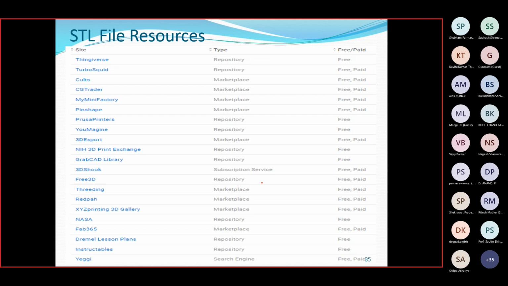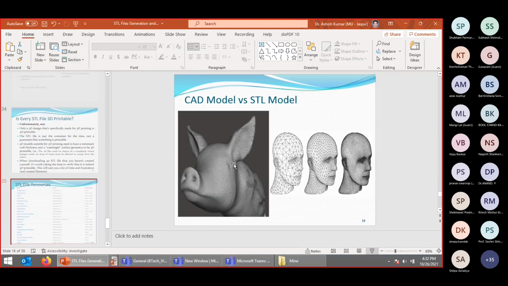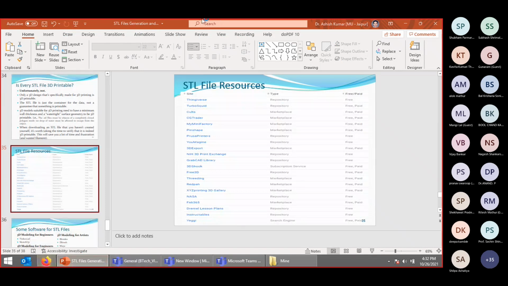At last, as I told you, search somewhere and get your files. These are some websites from where you can freely get or search for STL files. So let me show you Thingiverse. That is a very, very good one. I personally recommend this.